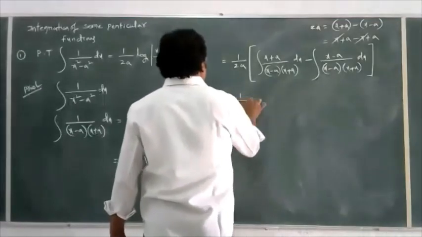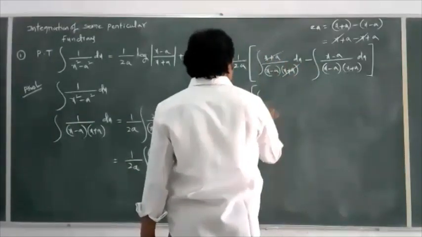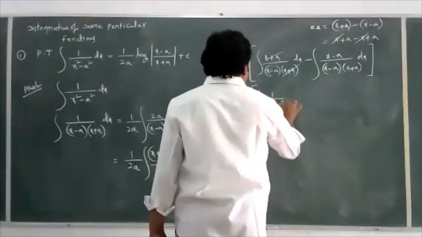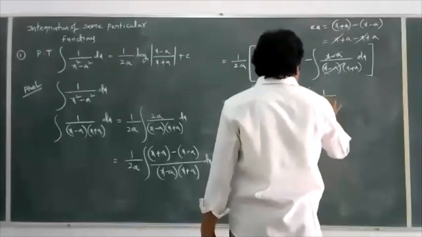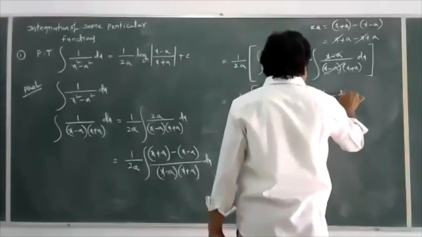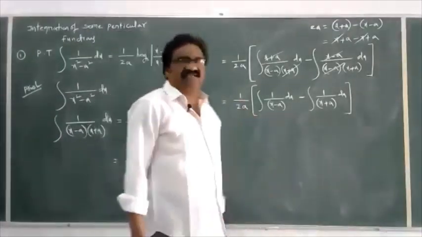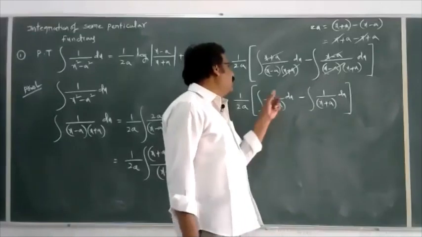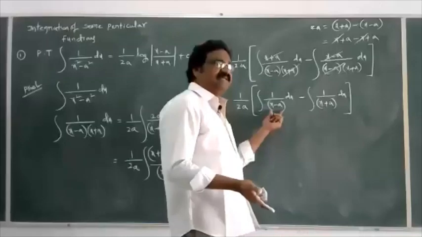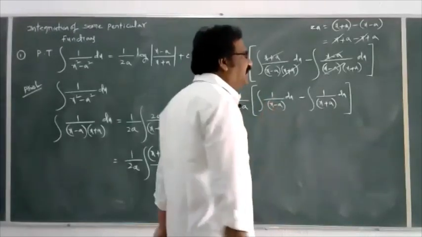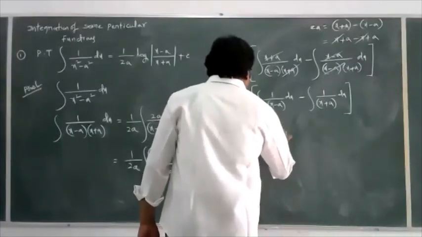This is equal to 1 by 2a into, x plus a cancel, integral 1 by x minus a dx; here x minus a cancel, integral 1 by x plus a into dx. So you remember the formulas: integral 1 by x is log mod x. This is in the form of 1 by x minus a, you treat x minus a as x. Integral 1 by x is log mod x, that is equal to 1 by 2a into, this is log mod